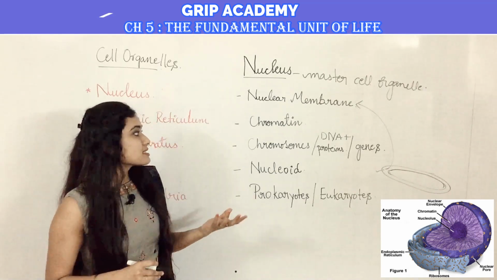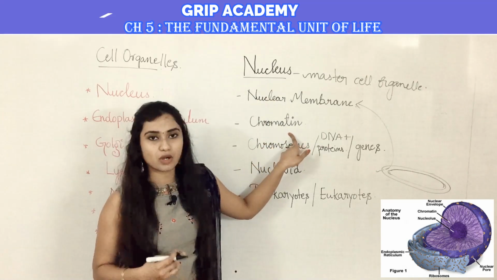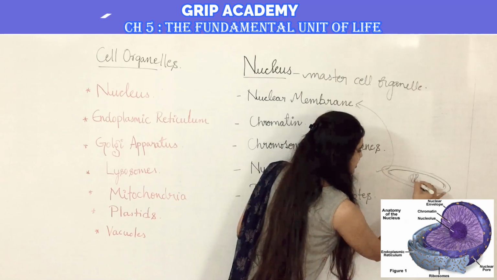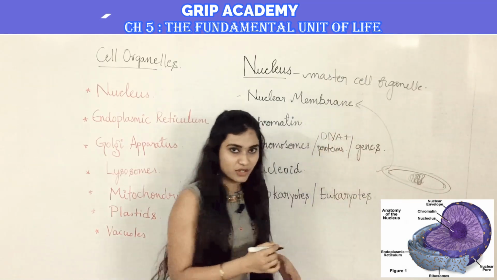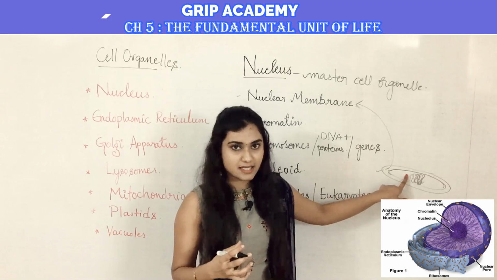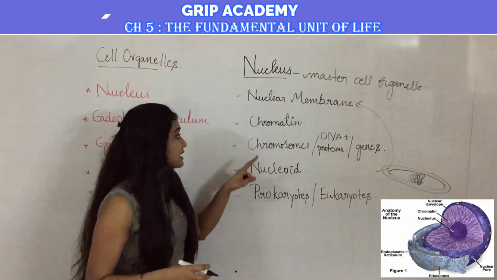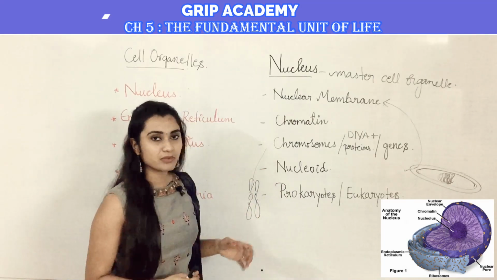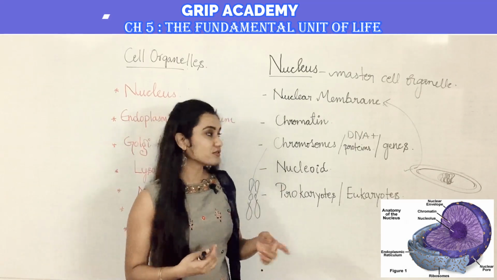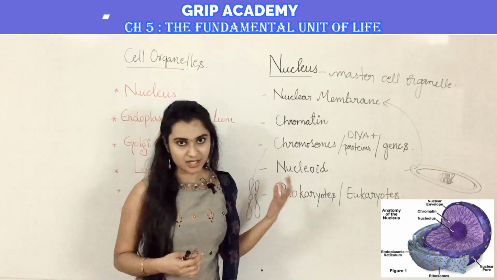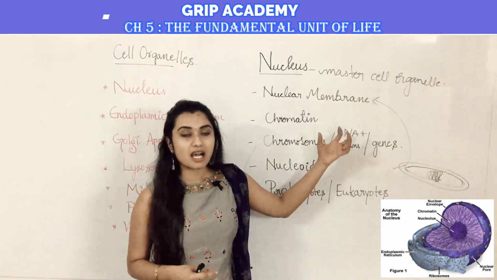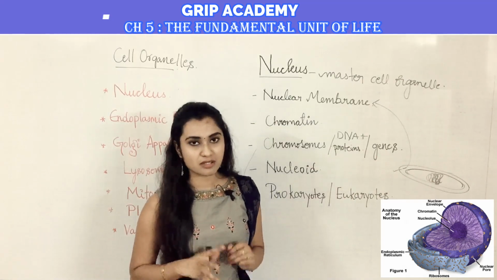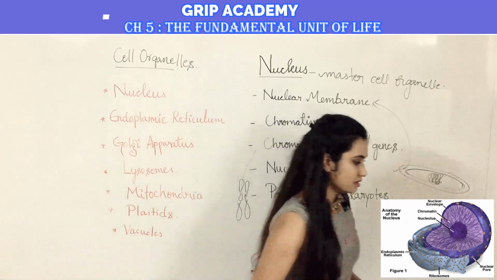Okay, and next, the nucleus has something called chromatin. So chromatin is nothing but an entangled mass of thread-like structure which resides inside this nucleus. And this chromatin will convert into chromosomes, which are rod shaped and carry the genetic information in the form of DNA from parents to offspring, and these DNA are in turn made up of a functional unit called genes. Let me show you a picture so that you can understand better.